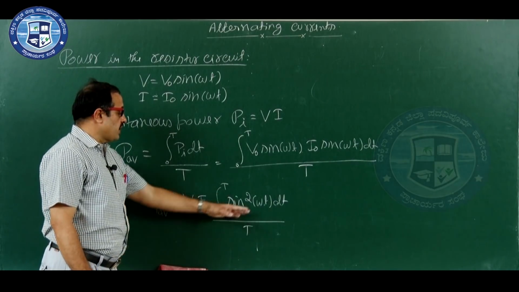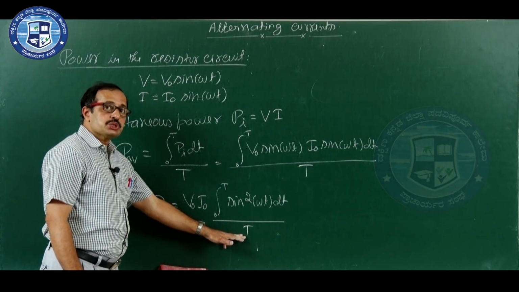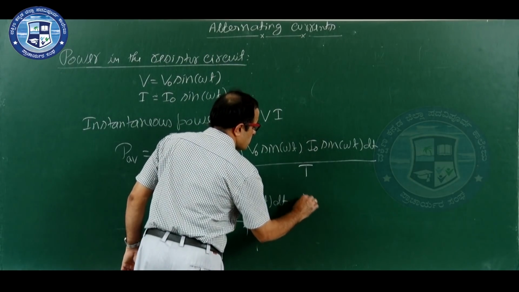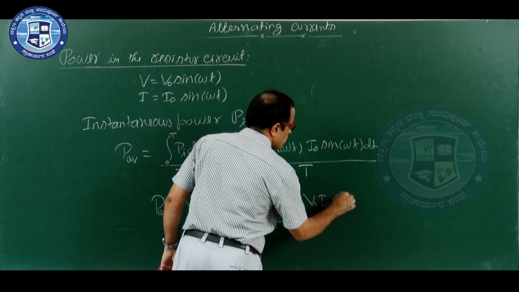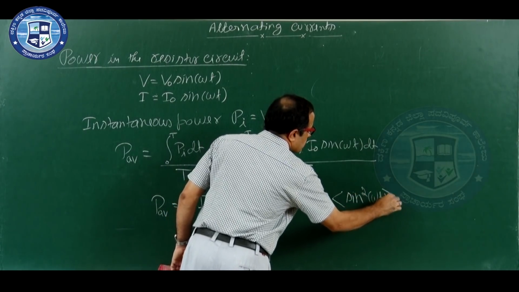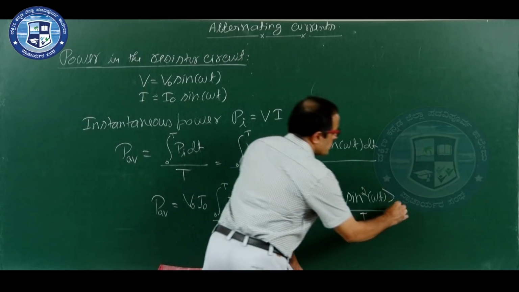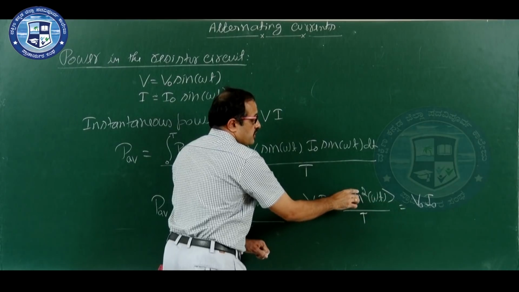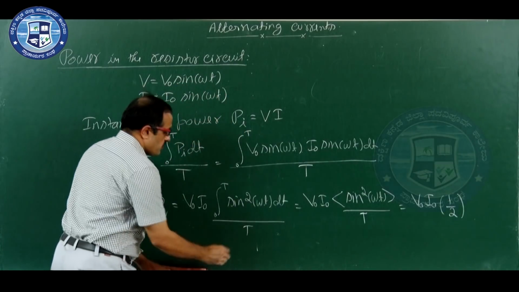Okay. Now, look here, it is the integration of which function? Sin square function over the complete cycle. It is nothing but the average value of sin square function over the complete cycle. Therefore, it is written as V naught into I naught into sin square omega t over the complete cycle, that is equal to V naught into I naught. What is the value of this? It is a square function, therefore, it is half, or P average